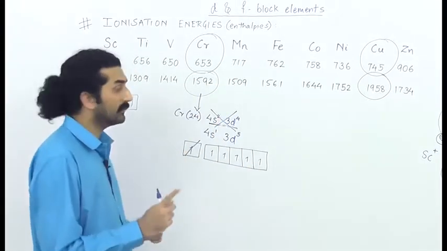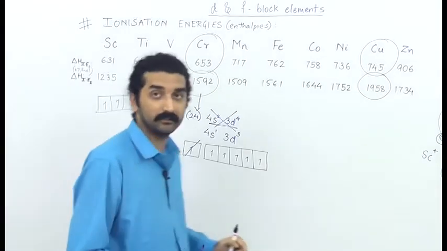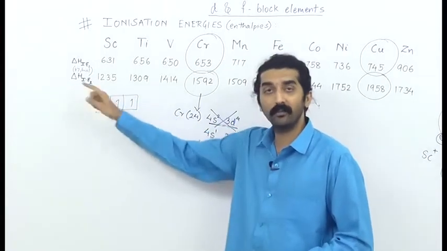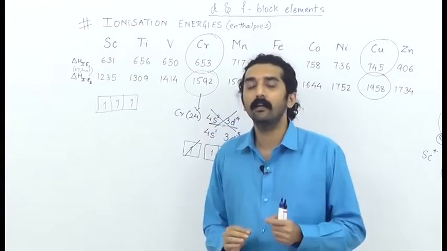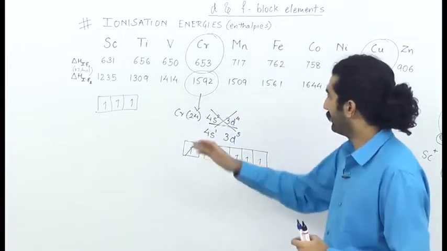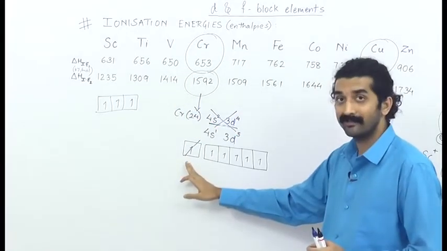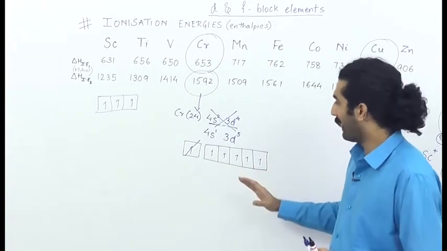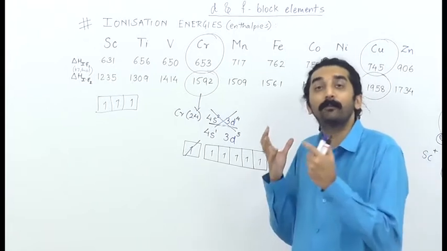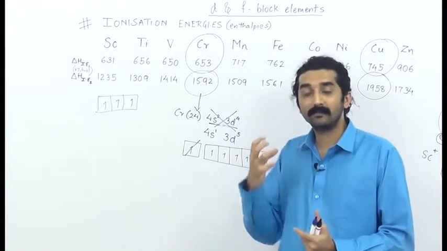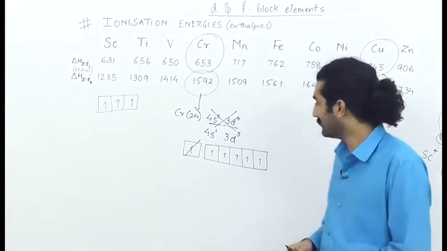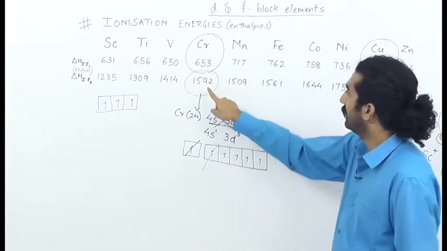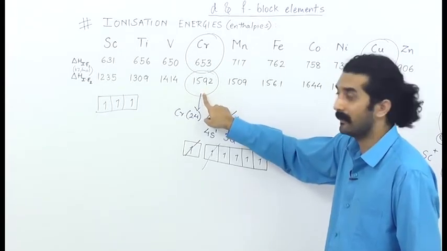But the important thing comes in the second ionization energy, the delta H IE2 that we are talking about. This is the amount of energy required to remove the second electron of the outermost orbit. Now once this is gone, the second electron naturally has to come out of this orbital, right? Now to do that, we have to break the stability that has been gained by chromium, and that is why, my dear friends, to remove either of these electrons, it requires a relatively high second ionization energy.